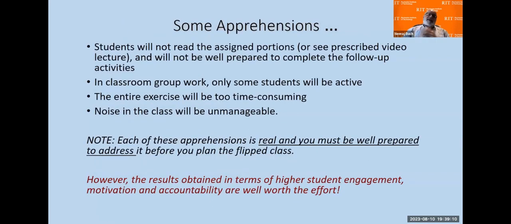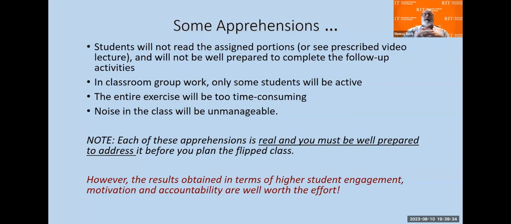There are always apprehensions. The student will not read. The student will not come prepared. Only some students will be active. The entire exercise will be time consuming, and this goes back to time management. Noise in the classroom, these are all valid